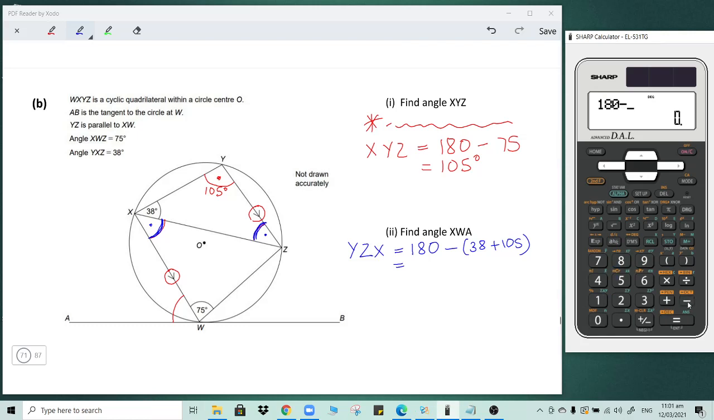180 minus, open brackets, 38 plus 105. And that gives us 37 degrees. So here's 37. And over here is 37 because they're alternating angles. But you have to let the examiner know that you know that. So this angle here is WXZ. WXZ is equal to 37 degrees because